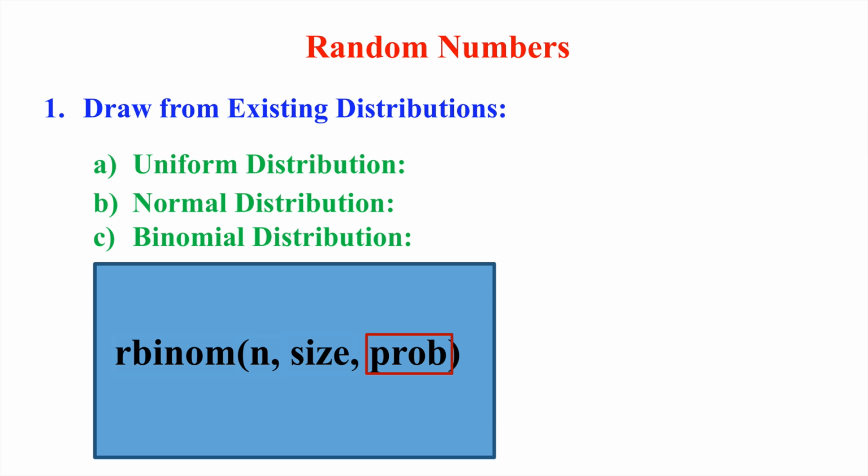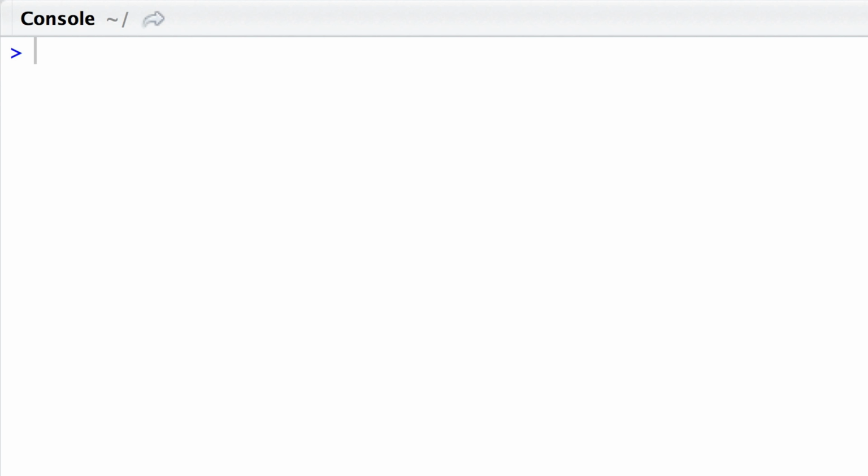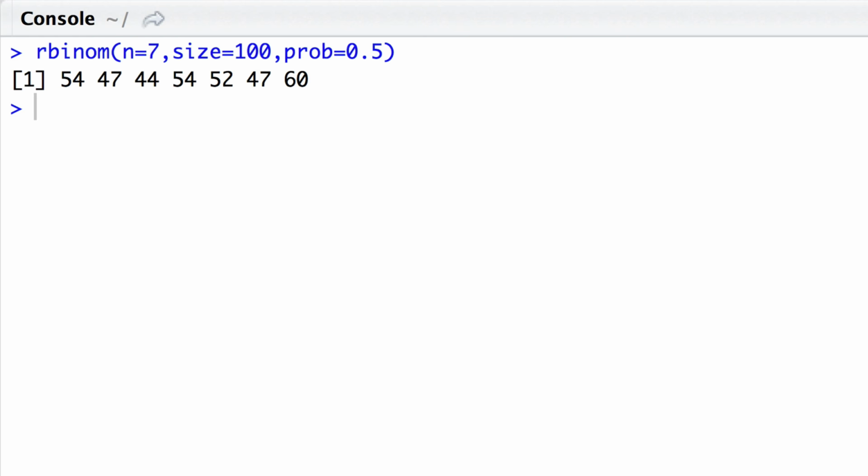Now this is probably best understood using an example. So let's just scroll back to RStudio here. And let's say that we are tossing an unbiased coin 100 times in a row and counting how many times the coin lands on heads, which we will define arbitrarily as being a success. We do this once a day for a week, yielding a total of 7 experiments. So here's the code that can represent this situation. rbinom, n equals 7, size equals 100, prob equals 0.5. So we have 7 experiments, 100 trials per experiment, and a 50% chance that each trial will be a success,